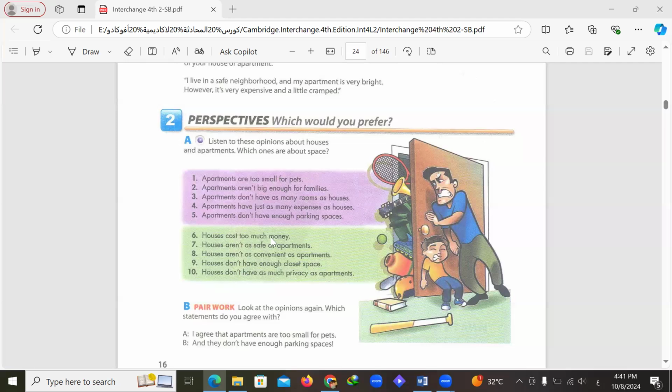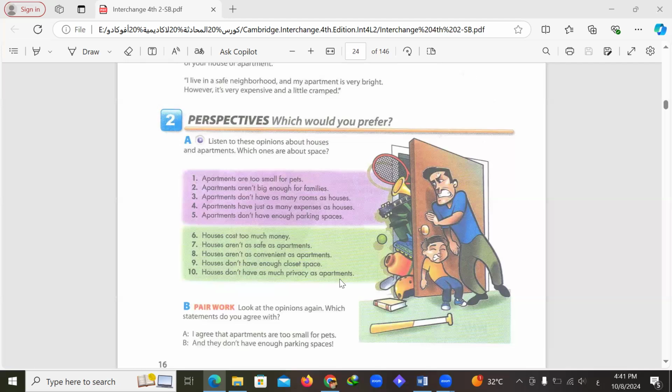Houses cost too much money. Houses aren't as safe as apartments. Houses aren't as convenient as apartments. Houses don't have enough closet space. Houses don't have as much privacy as apartments. I think it's